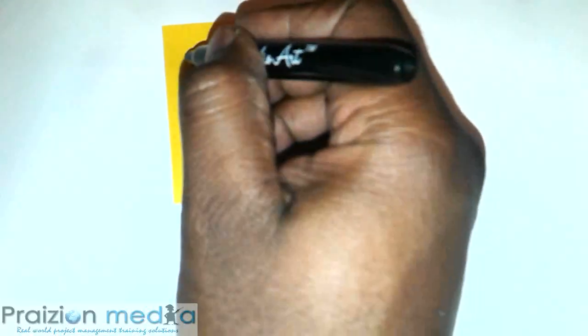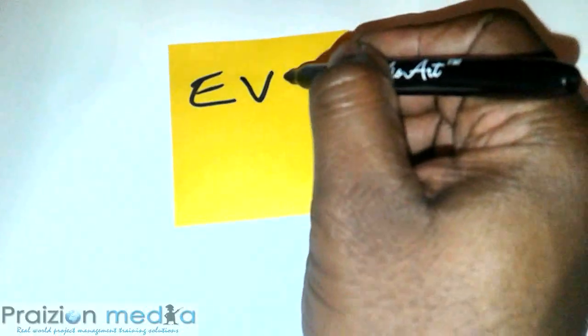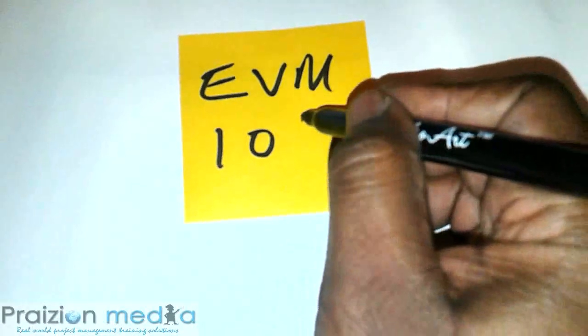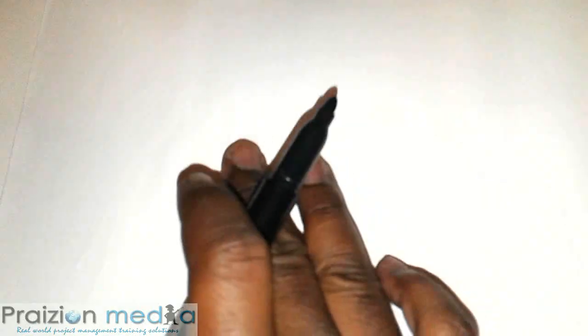Today we're taking a look at a very cool subject. A lot of people love this subject because of the formulas in it. Those who are really good at it love it, and those who are not good don't like it so much. But let's talk about earned value formulas, and let's start off by looking at some of the relationships between these core metrics.